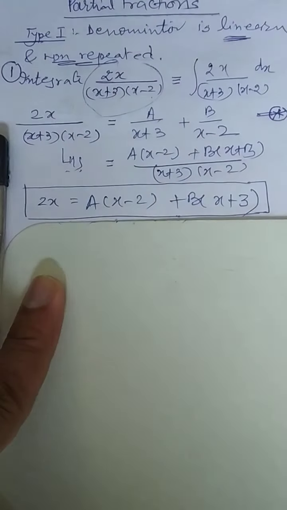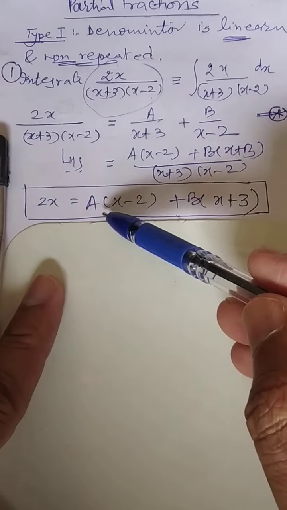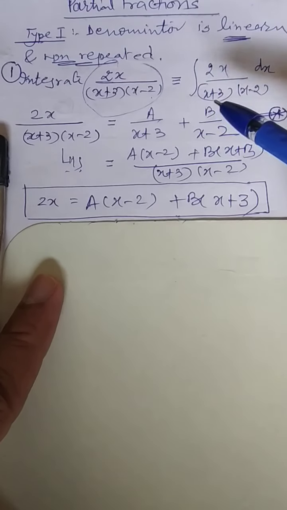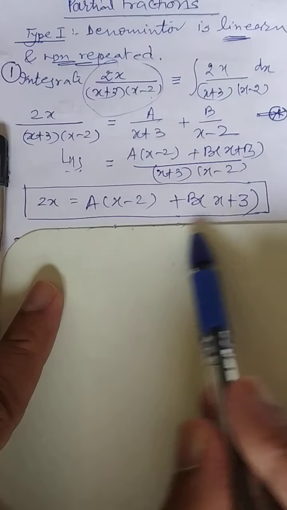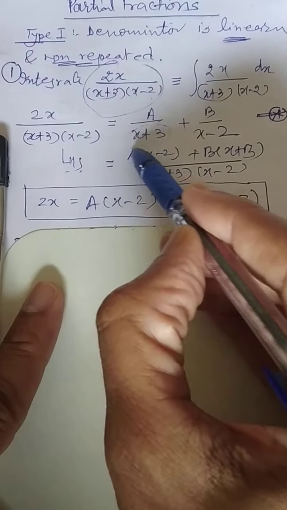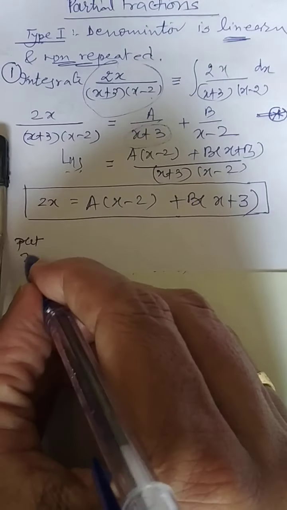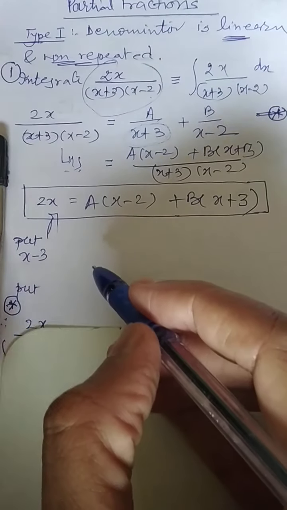This is the equation. And whenever you get this step, make a rectangular box. This box will help you to get the values of a and b. Now the method of finding a and b is very simple. Look at the denominator of a. This expression x plus 3 will be 0 when x is equal to minus 3. So first time put x equal to minus 3 in this box.